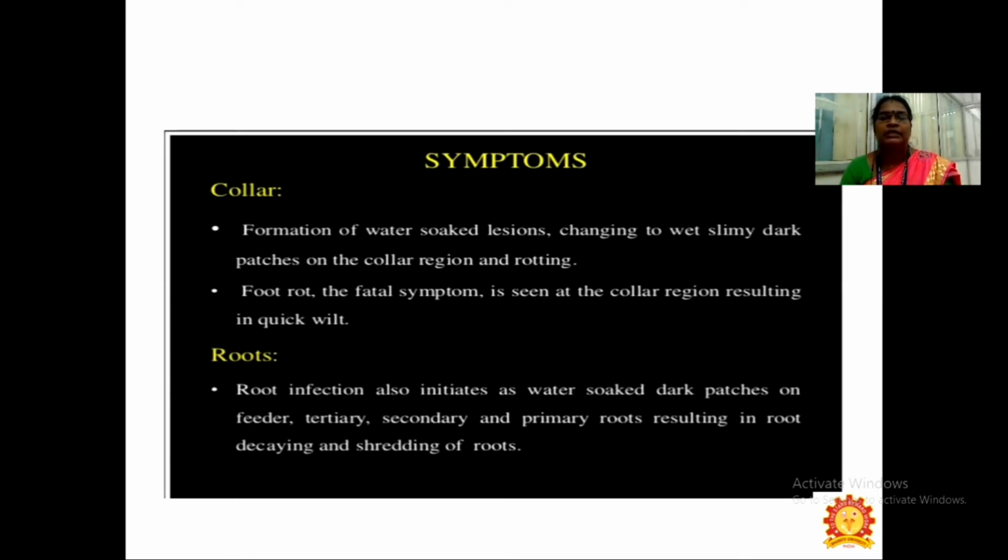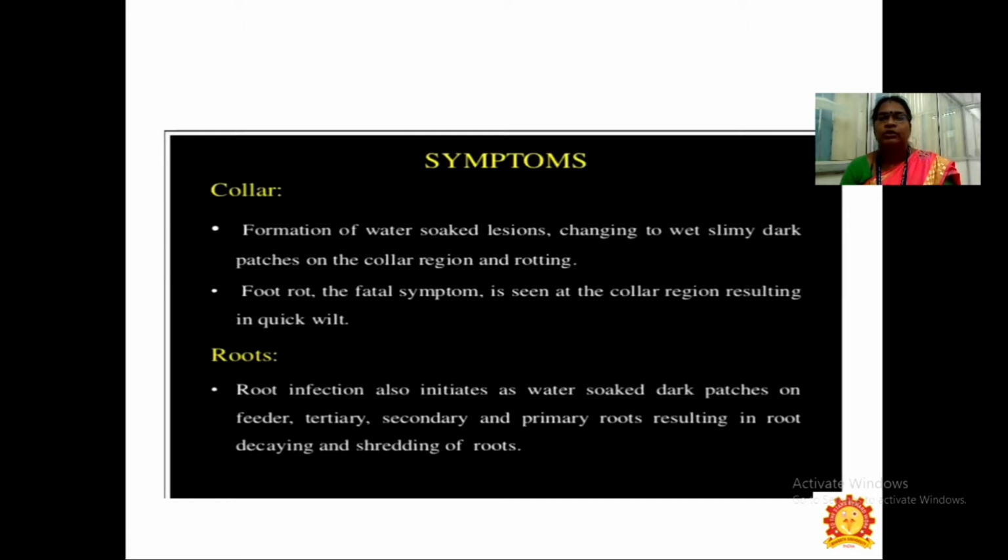First, in the collar region, water soaked lesions change into wet, slimy, dark patches, causing rotting. The fatal foot rot symptom is seen in the collar region, resulting in quick wilt.